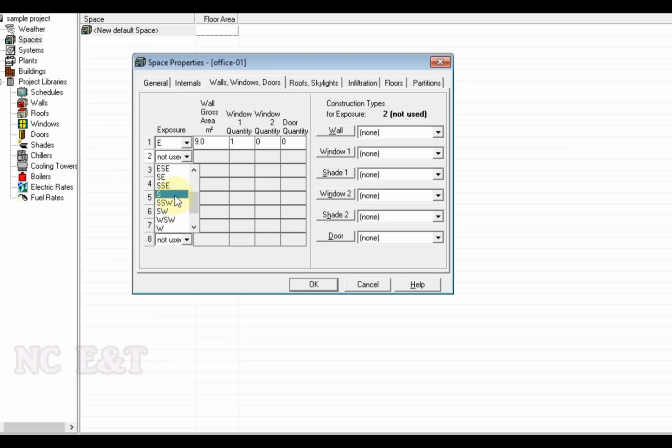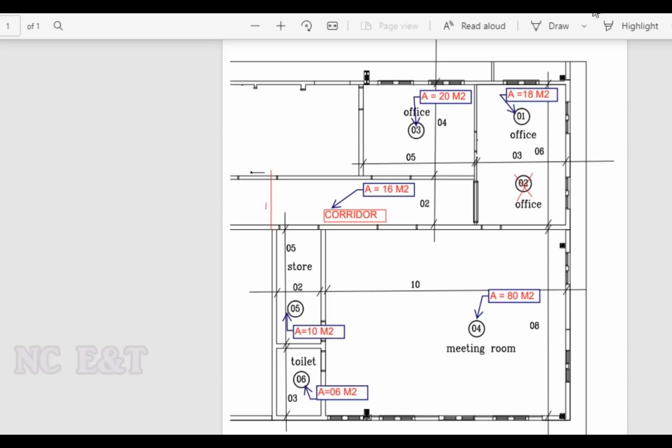We will select the south, and the area of this wall is 18 square meter and it has two windows. You can see from this layout, this is wall facing towards east. It is 3 meter by 3 meter, 9 square meter, and having one window. This wall, this is 6 meter from here to here and height 3, so the area of this wall is 18 square meter and having two windows.